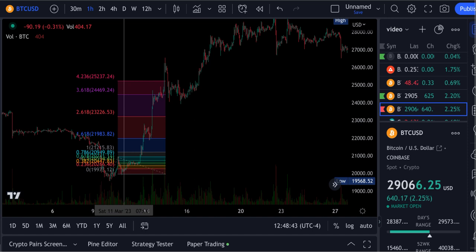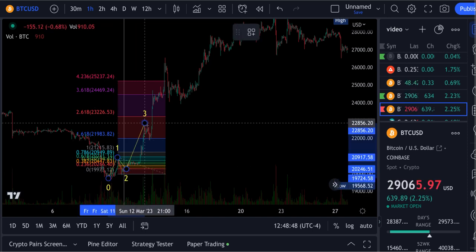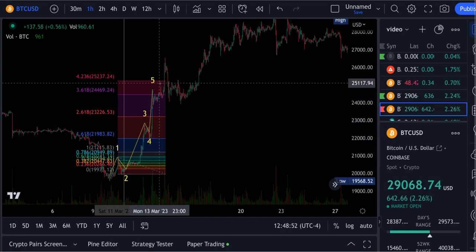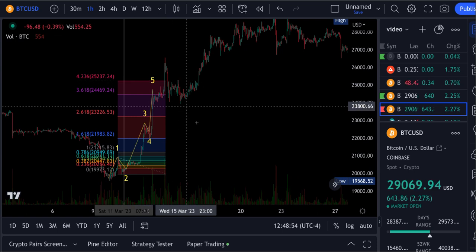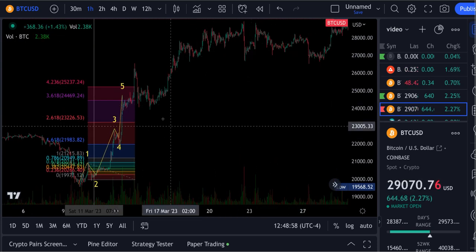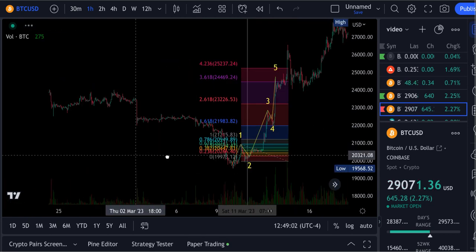I'll point these right out to you. 1, 2, 3, 4, and 5. And then if you would have kept in that trade, you would have got that full extension. This one did not roll over afterwards. It went on to actually set higher highs. If we go back through here again,